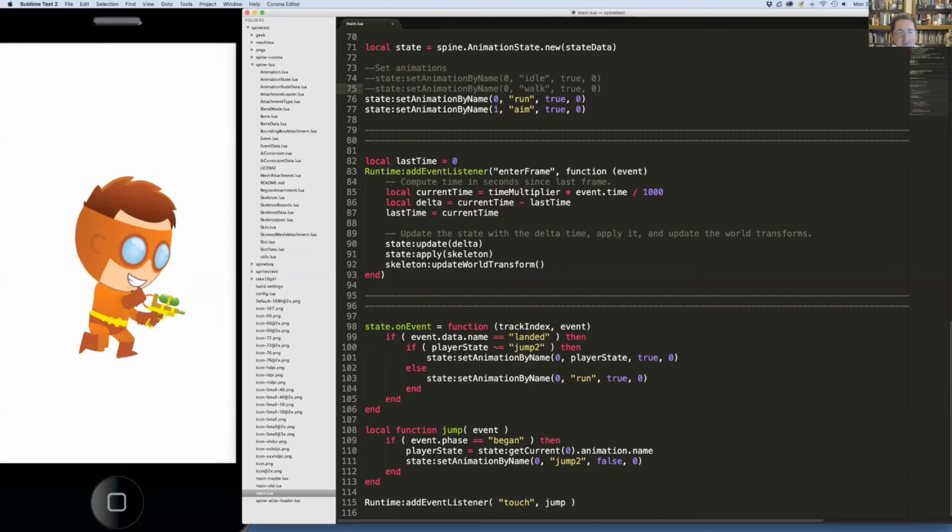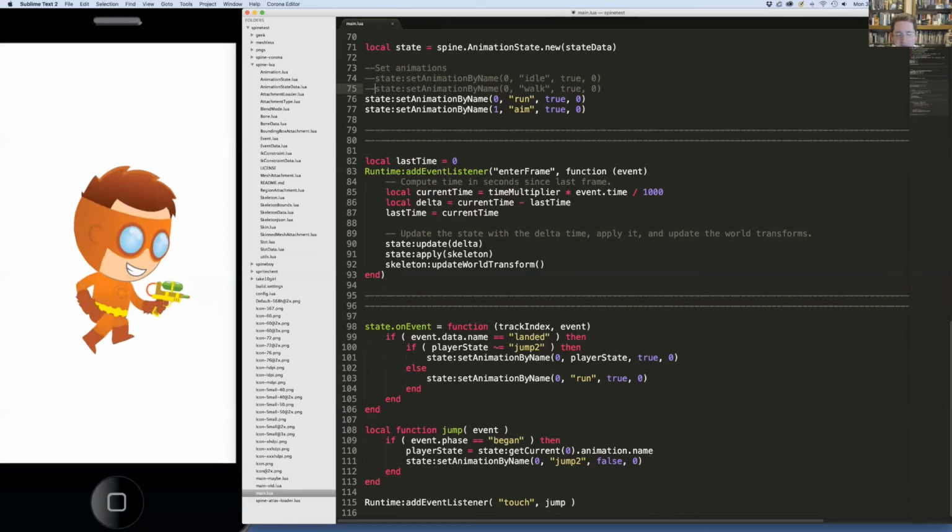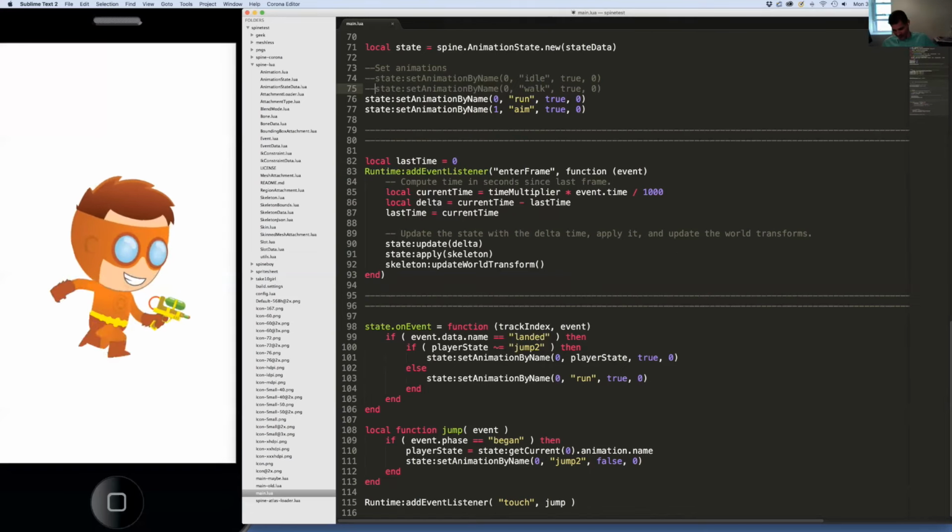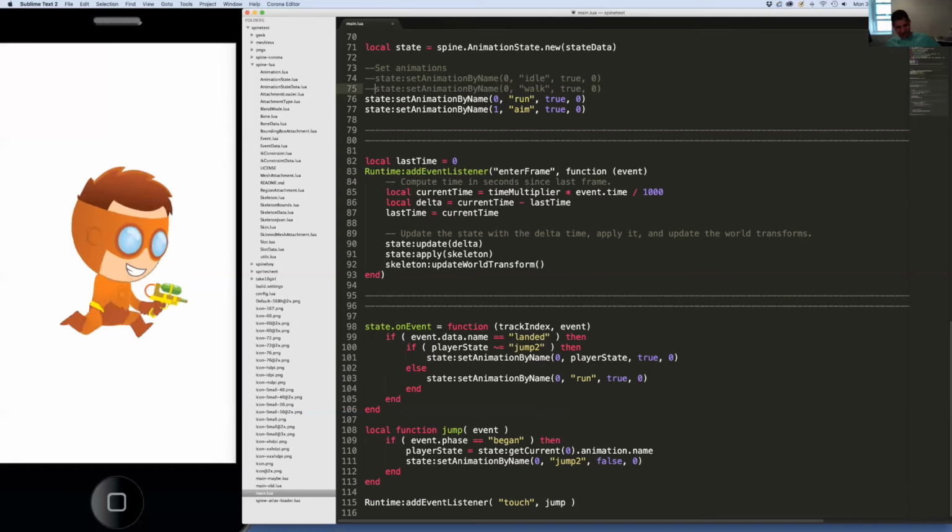Right. Finding the parts in the Spine skeleton or the setup is sometimes kind of tricky. Yeah. Not having written it yourself, you're like, I don't know where that is. Exactly. So that's my hope. I figure if I could get enough people using it, maybe it'll just become easier for everyone